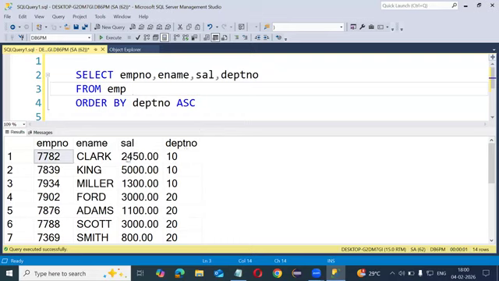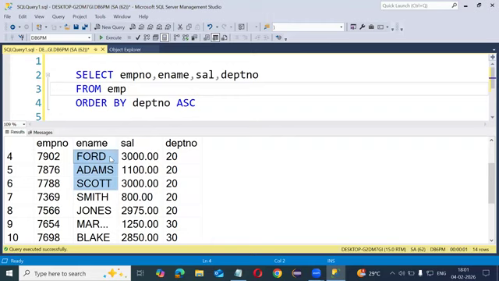But what I want is, these three employees belong to the same department, 10. Yes or no? All these three employees belong to the 10th department. I want to arrange these three rows salary wise. So first department, within the department salary. I want to show first 5,000, next 2,400, next 1,300. And these five employees belong to 20th. I want to arrange these five rows salary wise descending. First department, within the department,